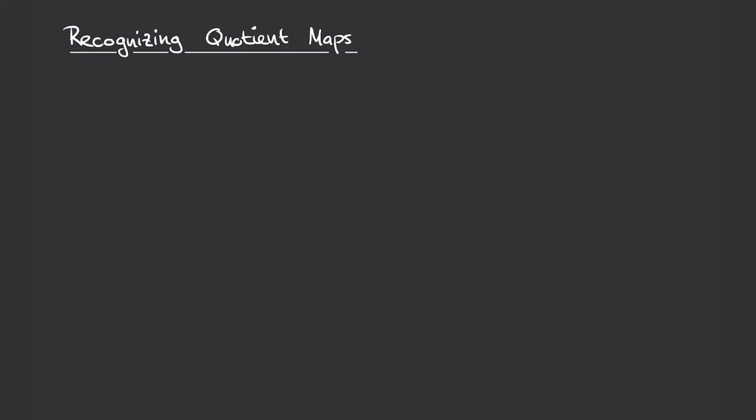Let's start by remembering how we defined quotient spaces. The setup we start with is a topological space X and a set Y, along with a surjective map Q going from X to Y. And sometimes we'll write surjective maps with these double arrowheads just to remember that they are surjective. As I said, we suppose that X already has a topology on it, but for now Y is just a set. So the question is, what topology do we put on Y given the topology on X and this map